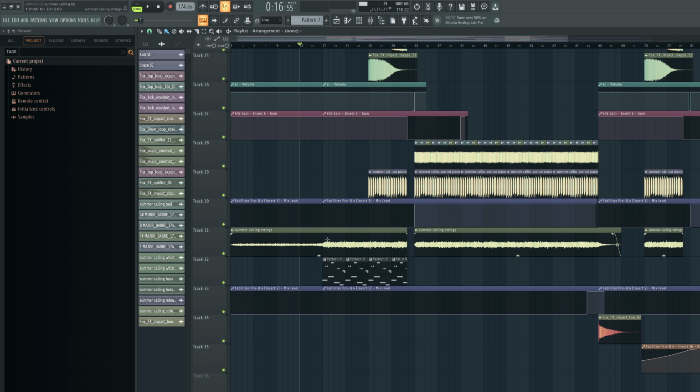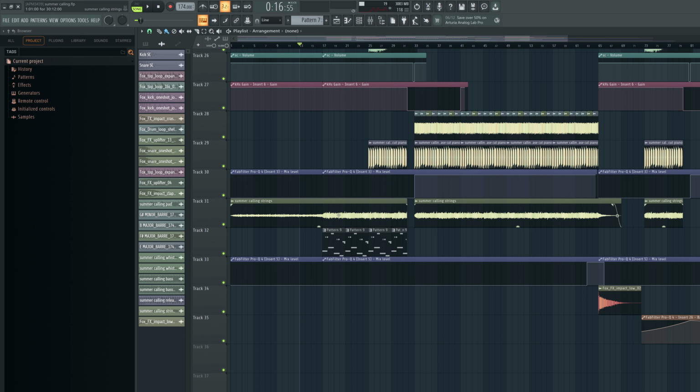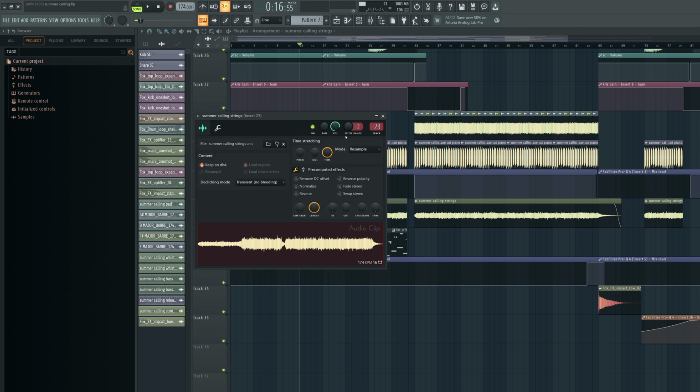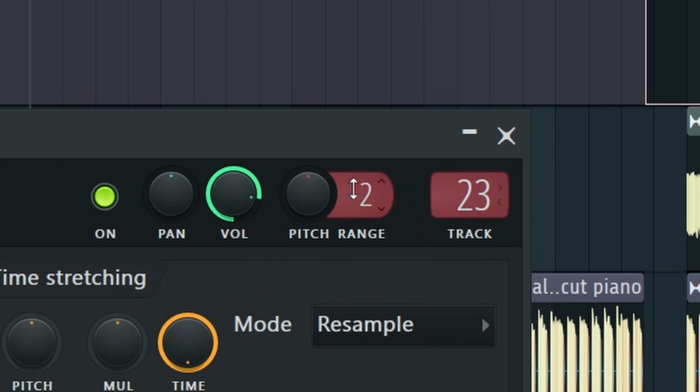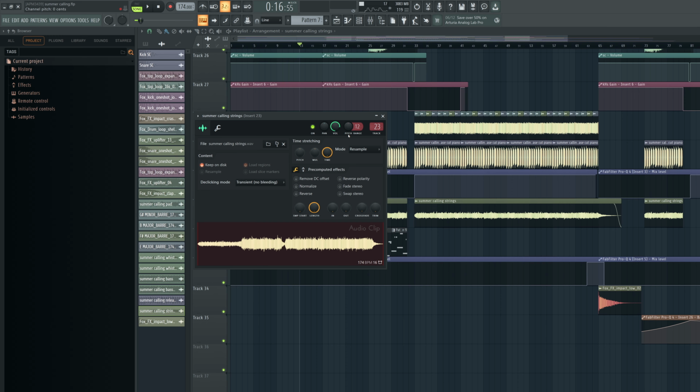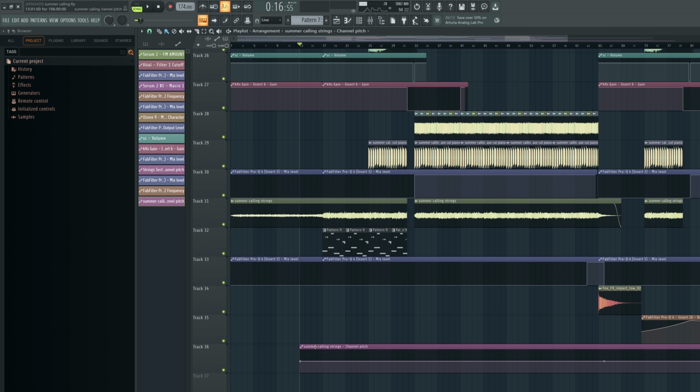to the higher octave. Now the way I set this up, this was a patch I had to render out as audio because it was killing my CPU. But before I did that, and I'll show you, I can kind of demo it in case you want to follow along again, I went over to the pitch knob and I changed the range to 12 because 12 is an entire octave. From there, I right-clicked on this and hit Create Automation Clip, and then I drew in something